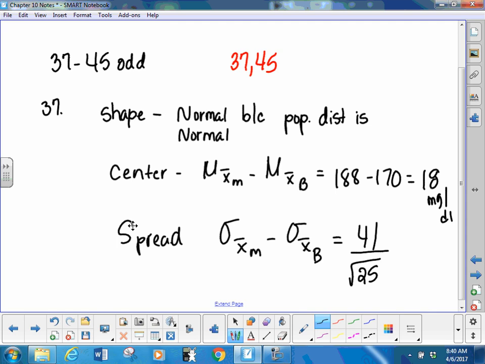So we've got 41 over 25. I'll go ahead and put a minus there, and then we need to talk about it. Do you remember when we were talking about standard deviations? Standard deviations always do what? They accumulate. They always add. And we can't